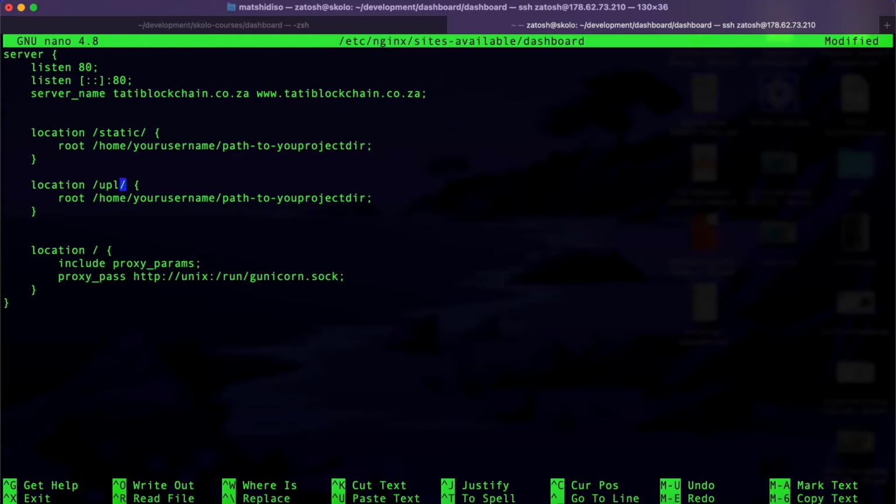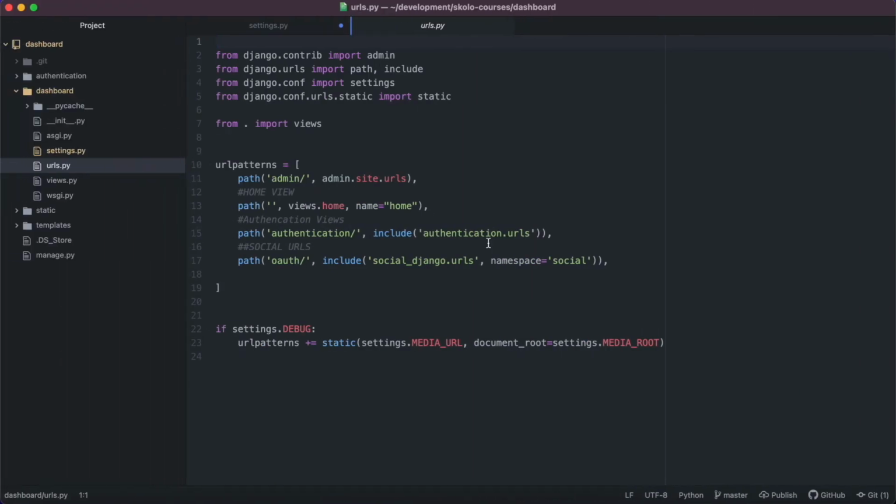So you're going to call this upload, and then the other one is static, so Django can file your uploads and you can find your static file. Then the other thing you're going to do now, after you've done that, is get the root, the path to your project directory, and paste that in there. Okay, so I'm going to go all the way back, and it will be home, and my username is Azatosh, like that. And then we are going to paste,